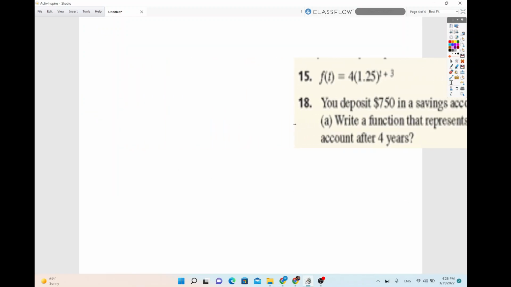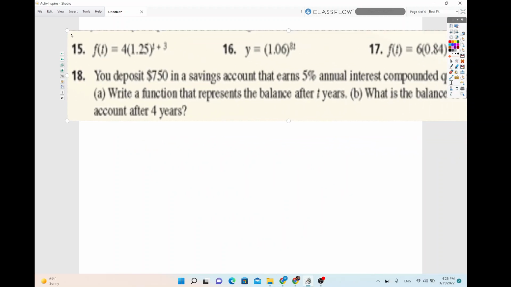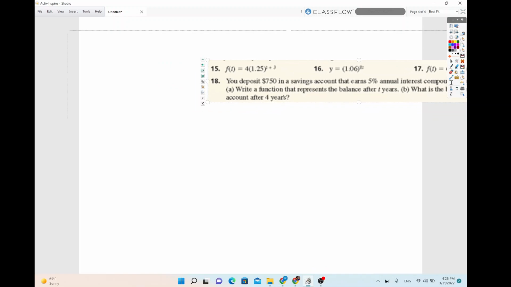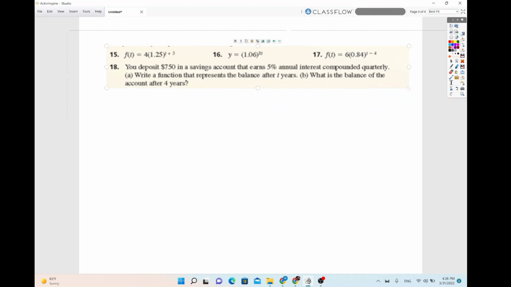Identifying which one is exponential growth or which one is considered exponential decay. So again, I just want to make it smaller so everybody can see the screen here. So the first one, number